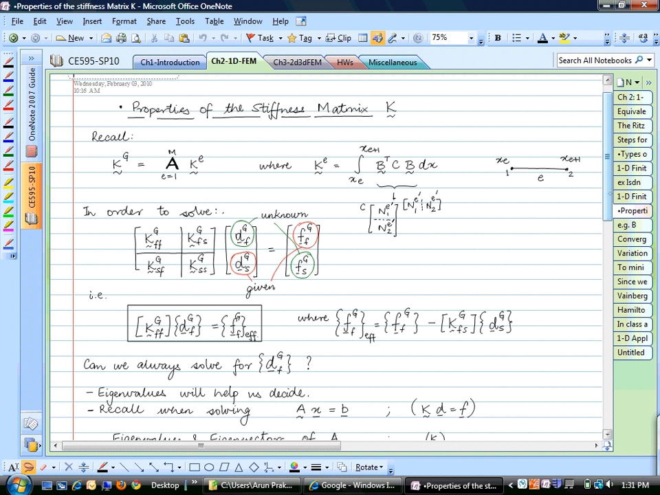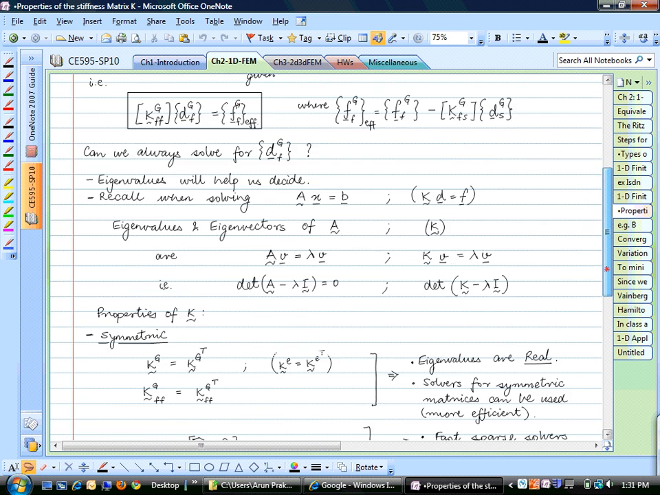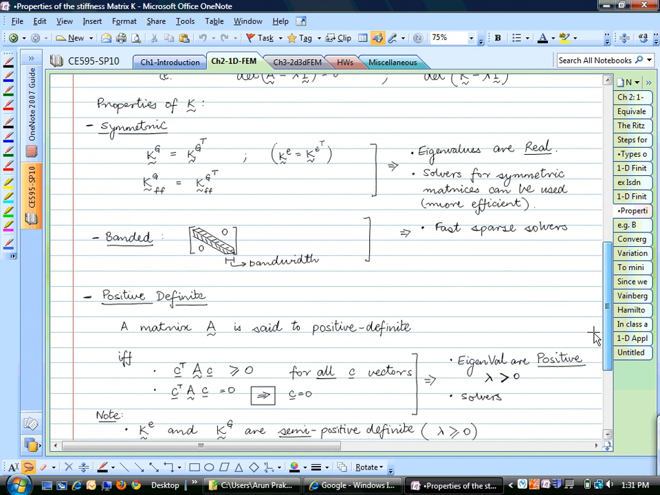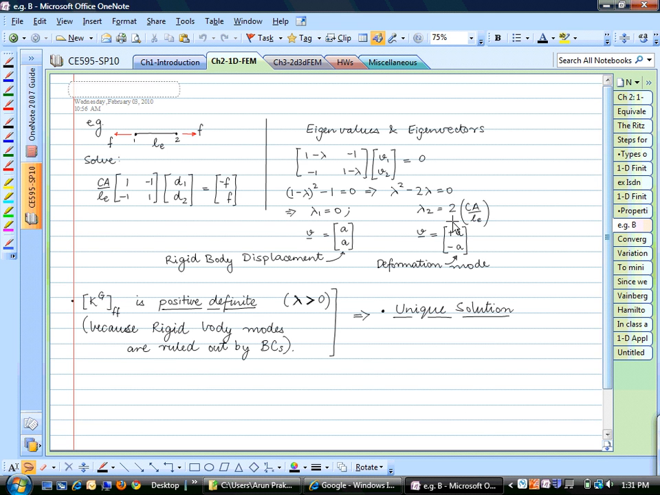We also took a look at some of the properties of these stiffness matrices. So briefly, we find that the stiffness matrix is symmetric. We said that it is going to be banded with a lot of zeros, so that's also sometimes called sparse matrices. We also said that it is going to be positive definite. So we said that the global stiffness matrix